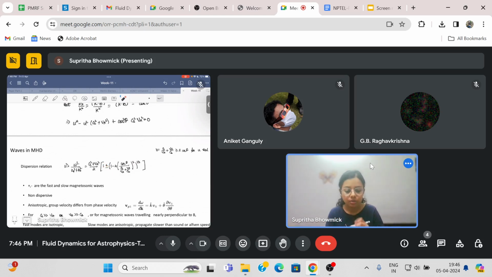Also, for the quantity under the root to not give you any imaginary parts, you need to have the quantity in the denominator greater than 2 cos theta. Then this entire quantity is less than 1, and this root is going to give you a real value. That's where the condition P equals Cs by Va plus Va by Cs greater than 2 comes from. This equation was there in the slides. This is where it comes from, by demanding that u be real.